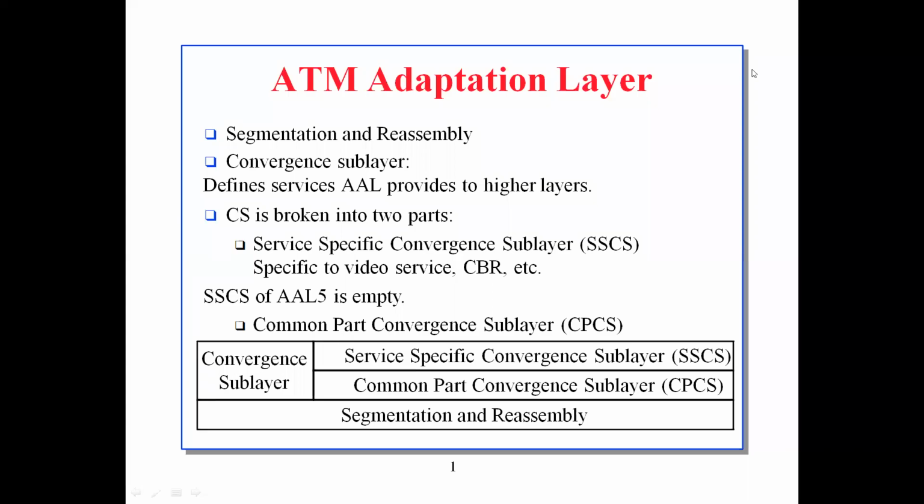Today's topic is the ATM adaptation layer. AAL is responsible for isolating higher layer protocols from the details of the ATM process. The adaptation layer prepares user data for conversion into cells and segments the data into 48 byte cell payloads. Finally, the higher layer above the ATM accepts user data, arranges it into packets, and hands it to the AAL.